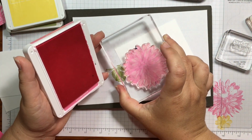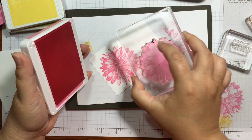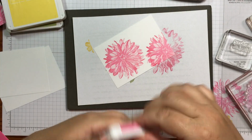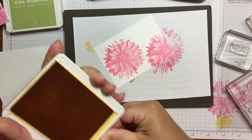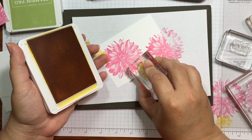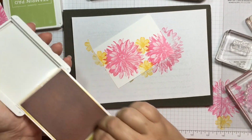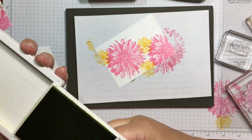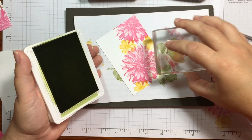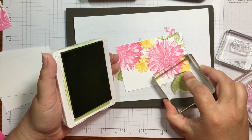We're going to do another one in just a minute where we're going to stamp it in black. And for those ones, I like to stamp the outline first. So once again, I'm just doing really the same thing. Didn't ink that up very well, but that's okay. We're going to grab our Daffodil Delight again. And once again, just stamp some Daffodil Delight flowers. And then I will stamp the Pear Pizzazz for the leaves, just kind of filling in